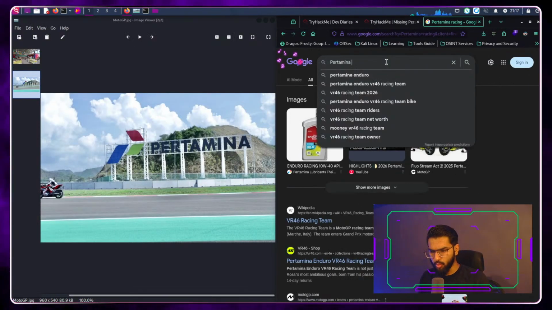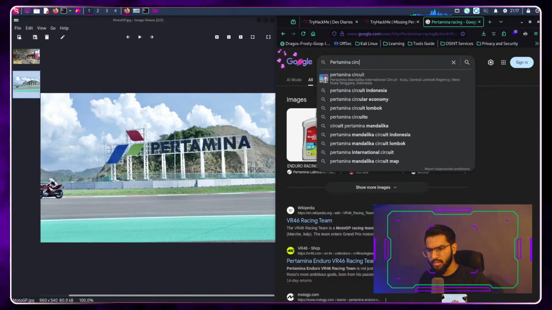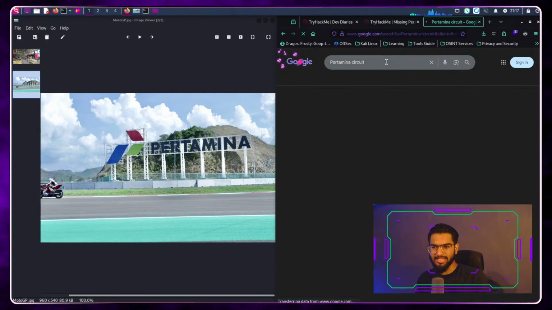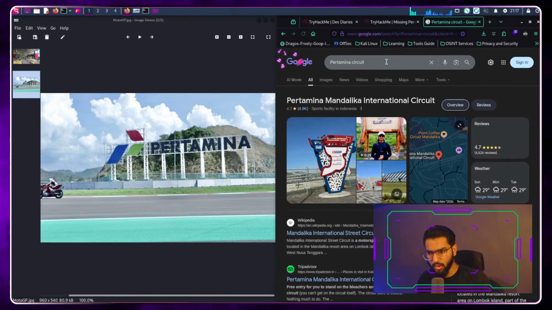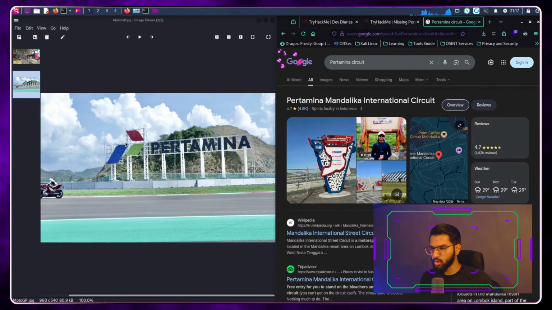Okay, that's fine. What if we search for something like a circuit? That's basically called a racing circuit. So what if I search for a circuit and with that I get a circuit name? These are all just basic, normal Google searches that we do. But Google search is so effective in getting you into specific areas and gathering information in a very detailed format.